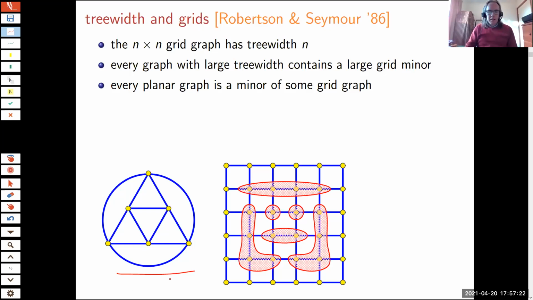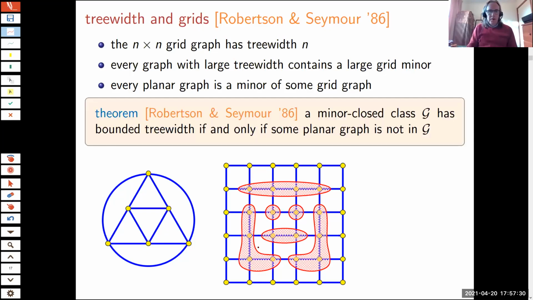And it's easy to show that every planar graph is sitting in this grid as a minor. So you put all these notes together and you get the following important theorem of Robertson and Seymour. It says a minor closed class G has bounded tree width if and only if some planar graph is not in the class. So this exemplifies in a structural sense that planar graphs are like the first hard minor